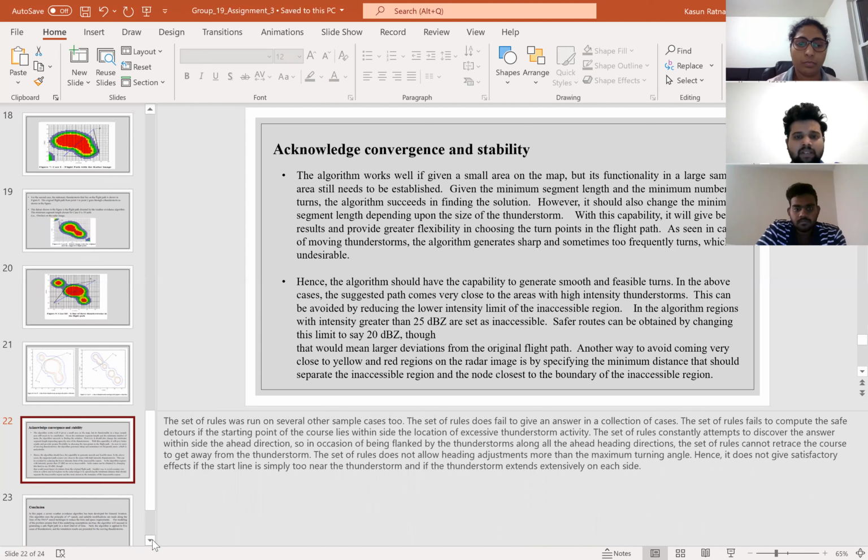And coming to convergence and stability, the set of rules was run on several other sample cases too. The set of rules, meaning the algorithm, does fail to give an answer in a collection of cases. It also fails to compute safe detours if the starting point of the course lies within the location of excessive thunderstorm activity. The set of rules constantly attempts to discover the answer